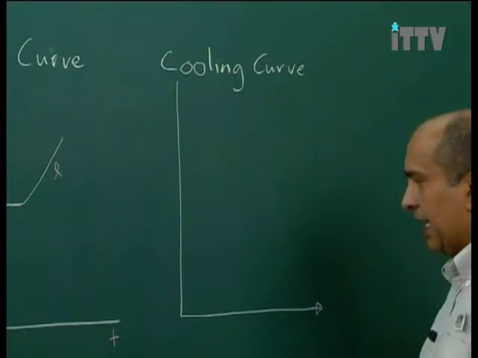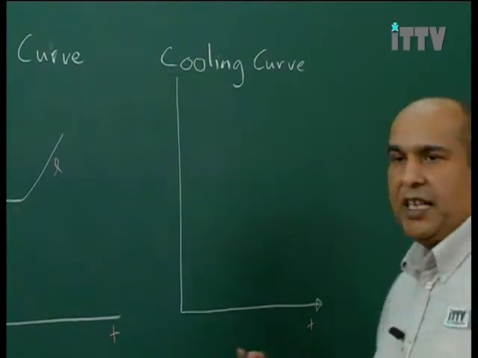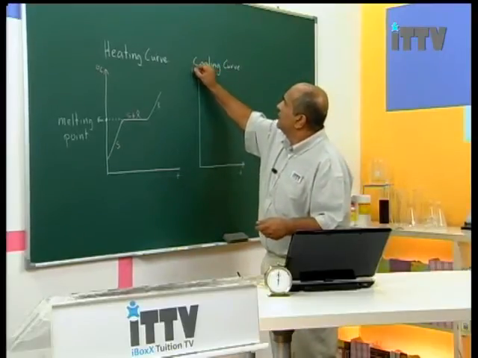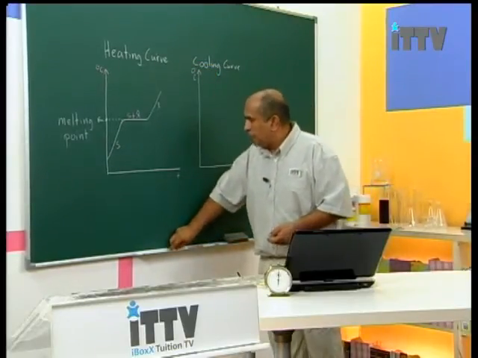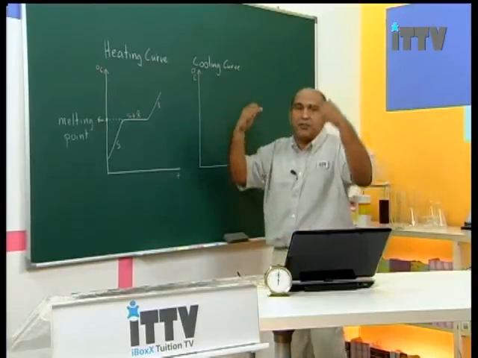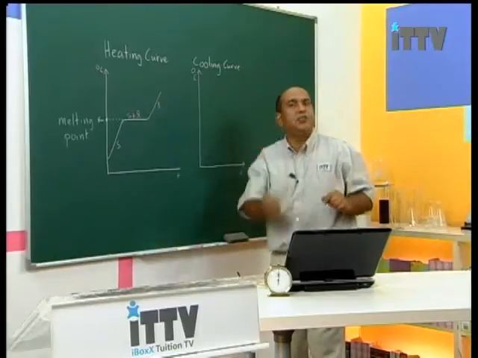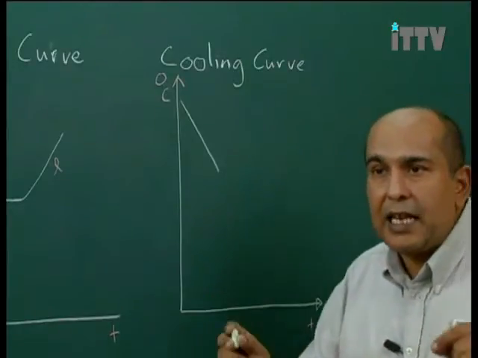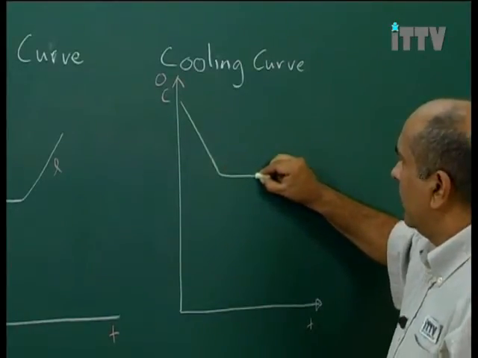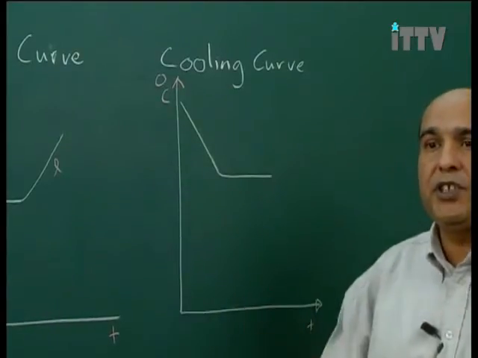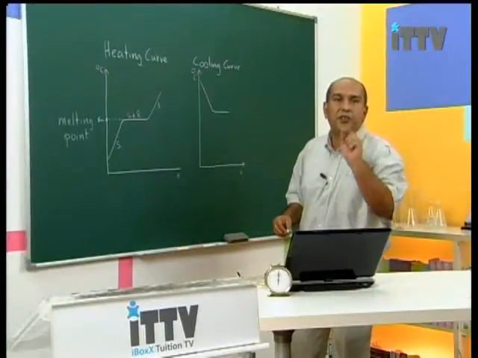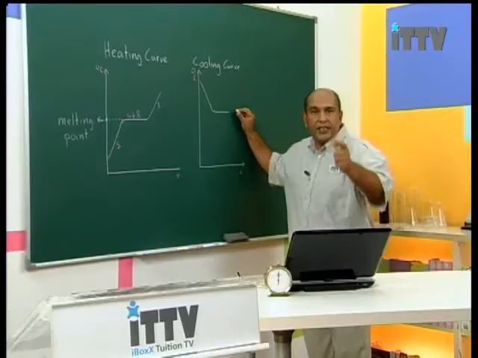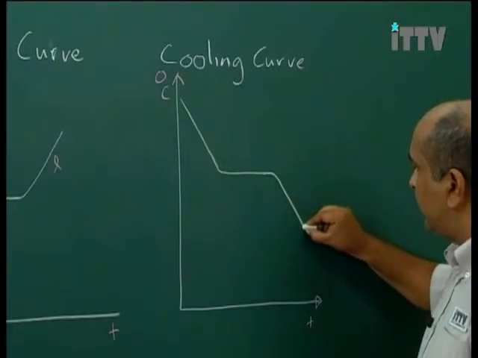This axis will once again be time. Same as just now, can be in minutes or in seconds, depending on which one we're doing. And up here, degrees Celsius. So, as we cool something, the temperature is obviously coming down. Temperature is not going up. So our temperature starts to drop. And then suddenly we get our flat line where the temperature is constant. This is when the change of state is occurring. It changes and it changes and it changes, and when the whole change is complete, the temperature starts to fall